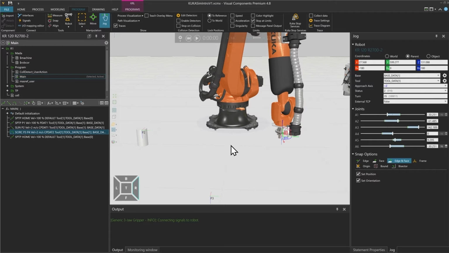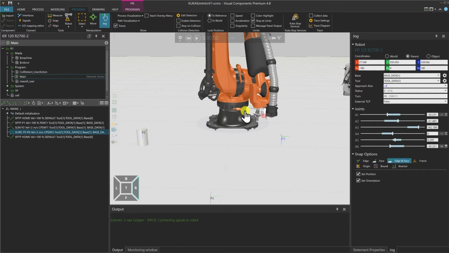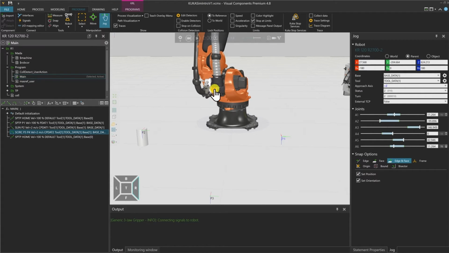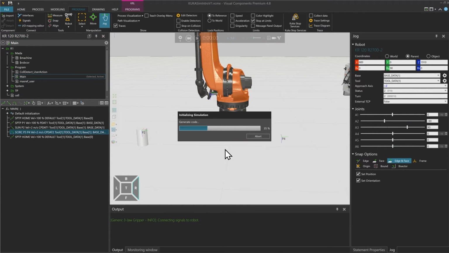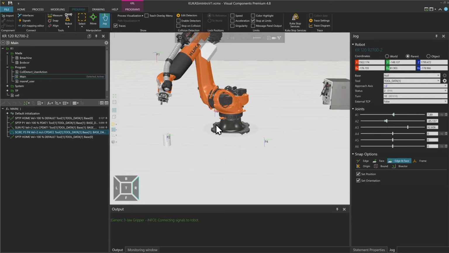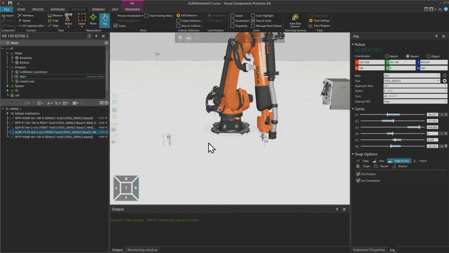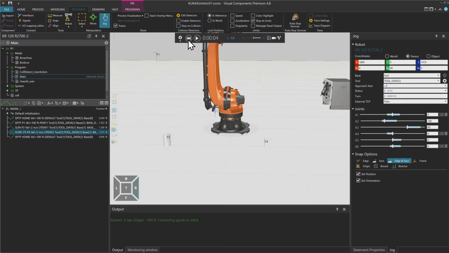So this is not actually what I wanted. I wanted to have the point 3 somewhere like here. So I'm just going to move the robot up here and then right click on the circ movement and touch up the auxiliary point. So now the point 3 actually jumped here in the middle between point 2 and point 4. Great. Now, if I play the program, we can check out what the robot is doing. Goes to point 1 to point 2, makes the circular motion and goes back into the home position. Great.